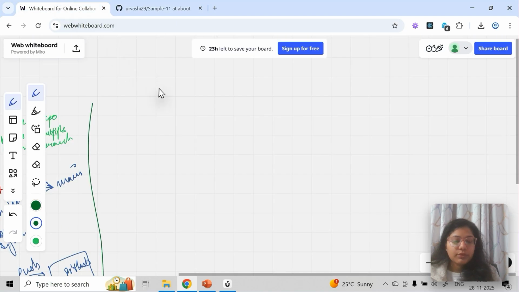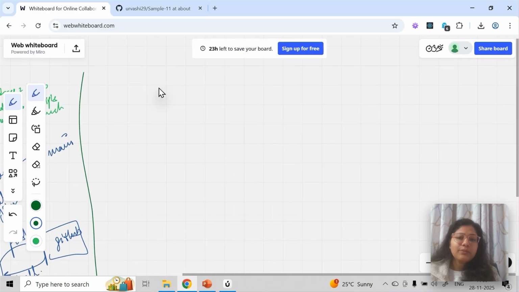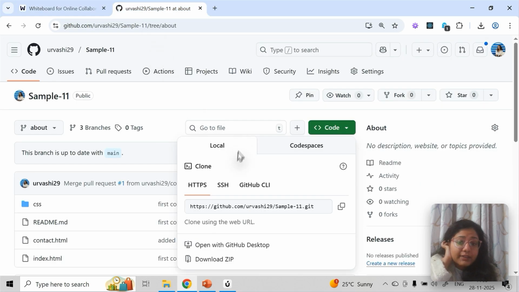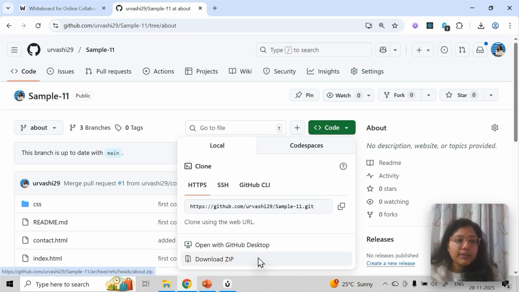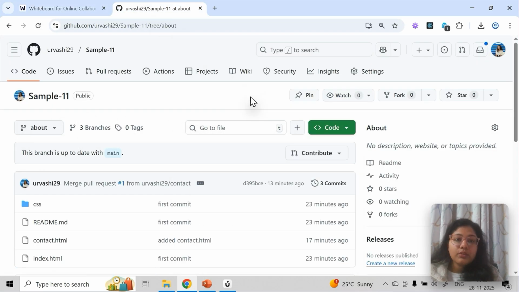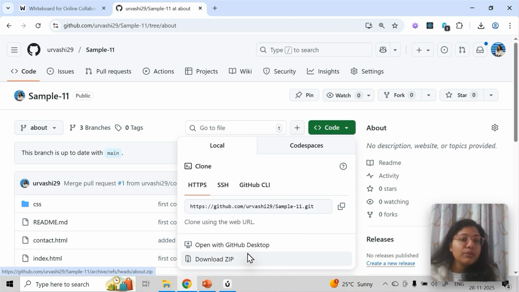Download is something you do when you want it once and don't need it in future. Say right now you want this code, you just download it, and that is fine. But what is the correct way? Let's say you download it, but tomorrow I work on this project and push something to this code again, and you want the latest code. Then you're not going to download it every day. For example, let's say I'm into trainings.